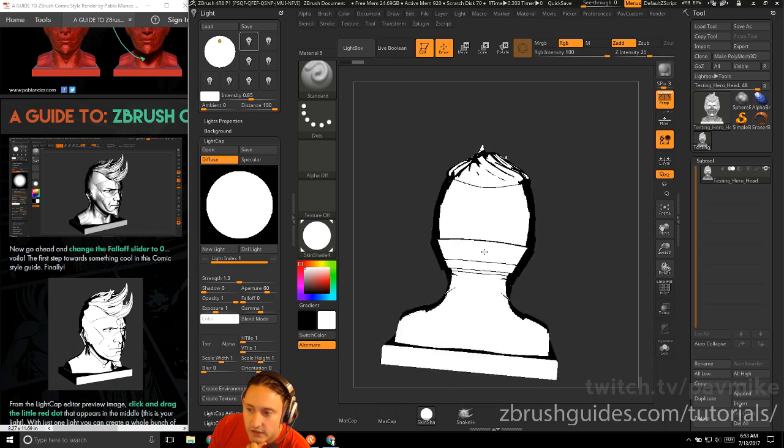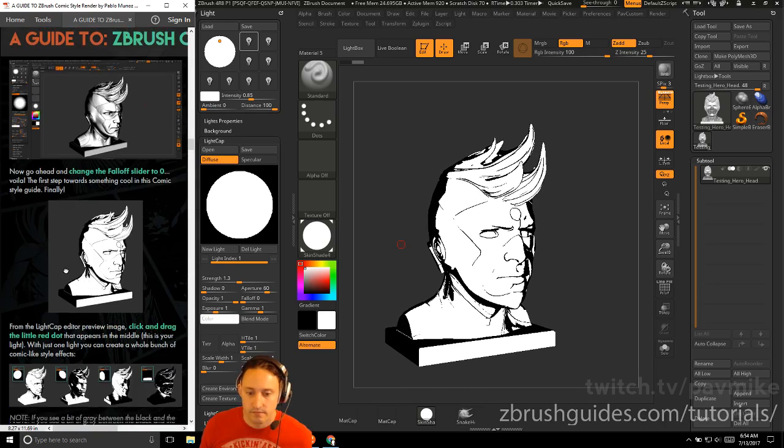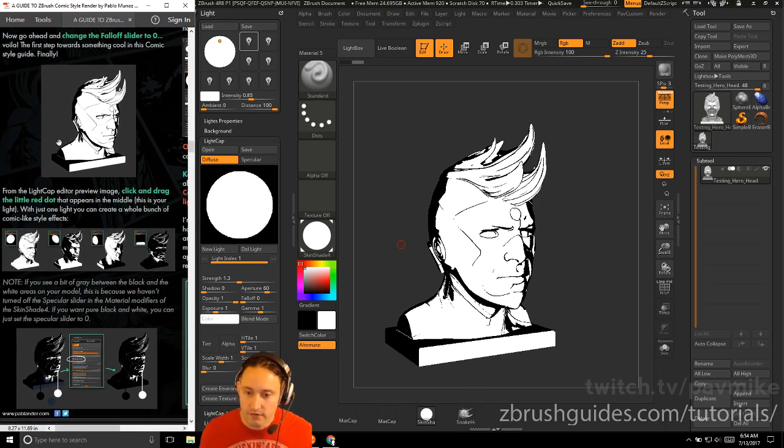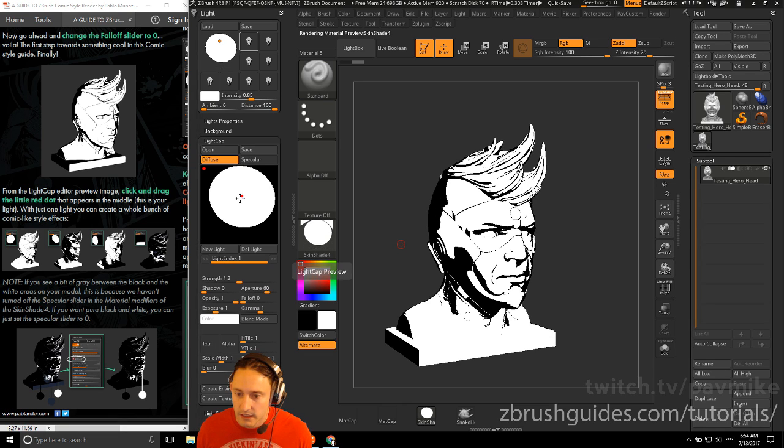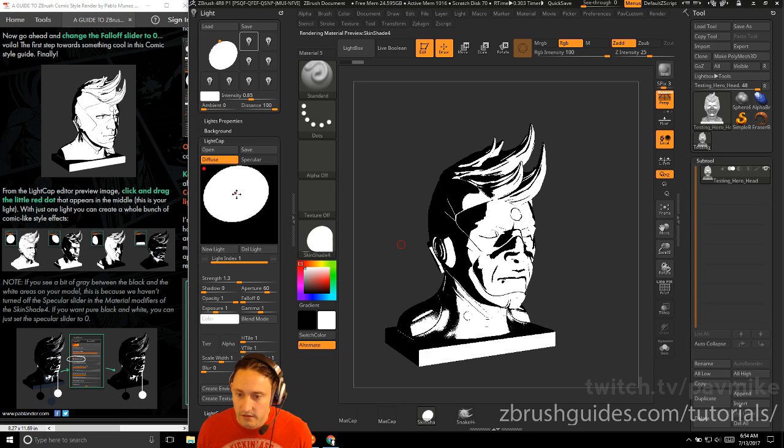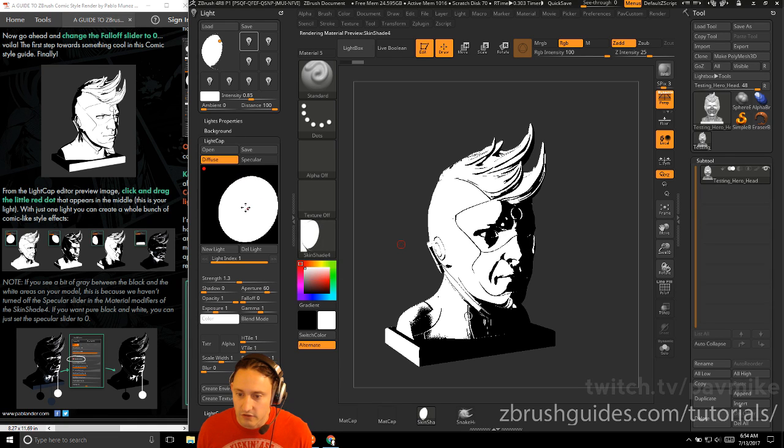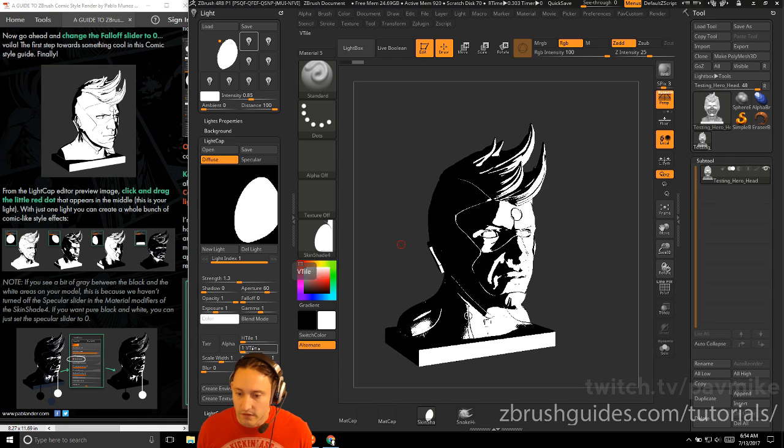Looks like a little ink drawing that you can just change on the fly here. So from the Lightcap editor preview image, click and drag the little red dot that appears in the middle. This is the light. So when we hit new light, we got a new light index here. So if I go and click in here, there's a little red dot. This is actually going to change the direction of that light that we created with all these light properties